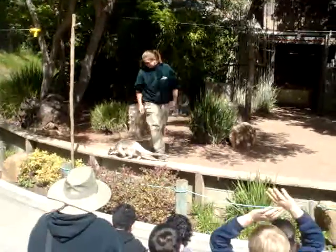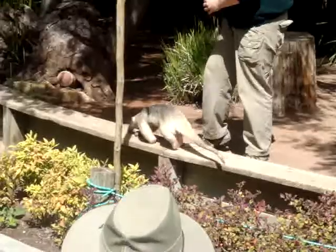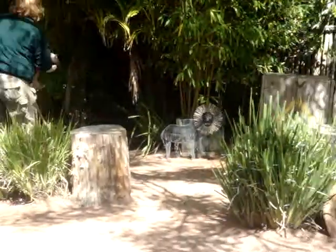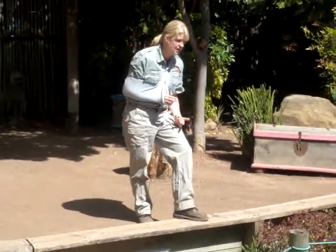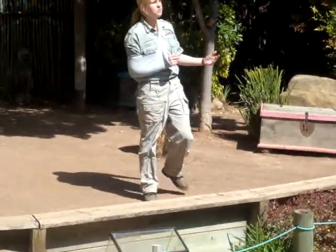She's actually going to go grab our next animal, but you guys can keep asking questions while we do this. So no, these guys are not, excuse me for saying this, very intelligent, as certain animals go. They're not particularly bright. They can learn a few things, but mostly what they understand is we're not going to hurt them. We provide their food and we work with them consistently. So they're really usually okay with us picking them up and